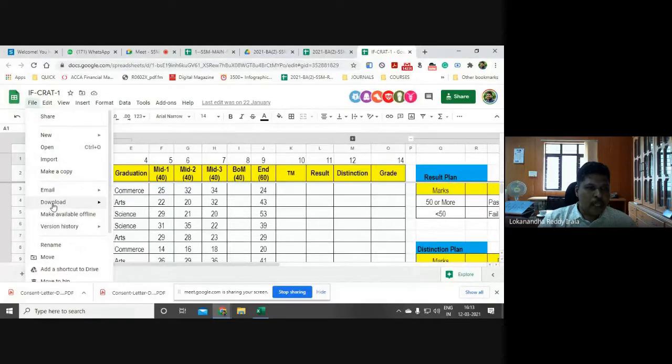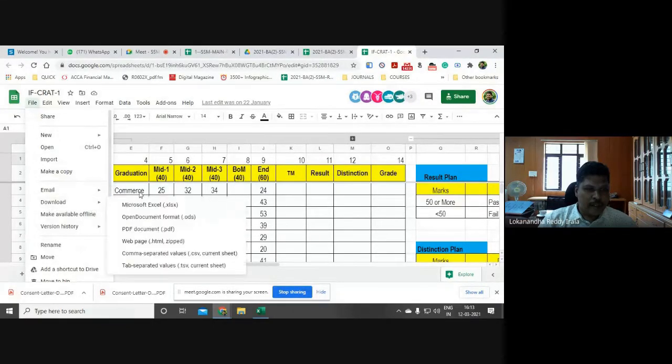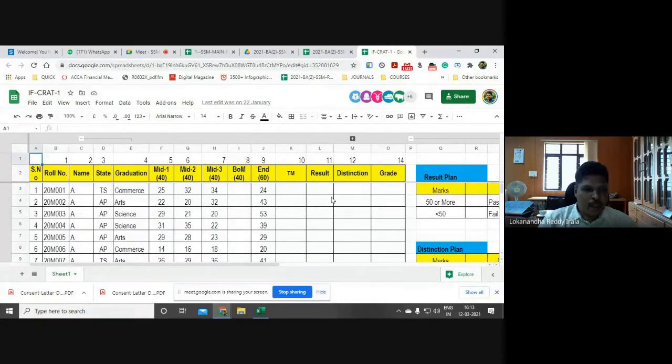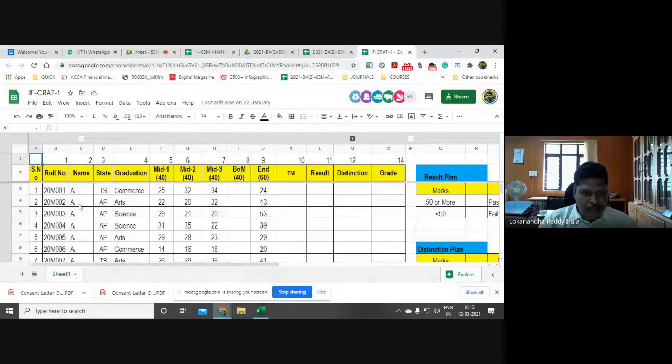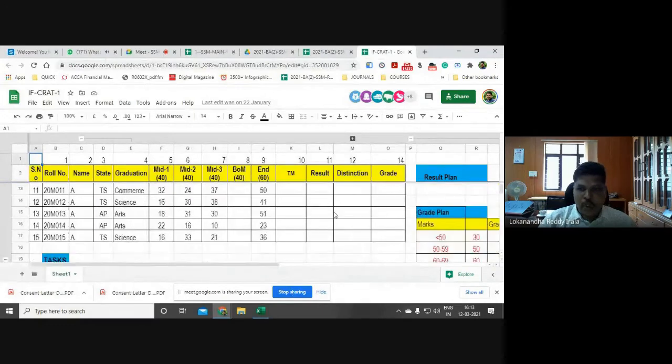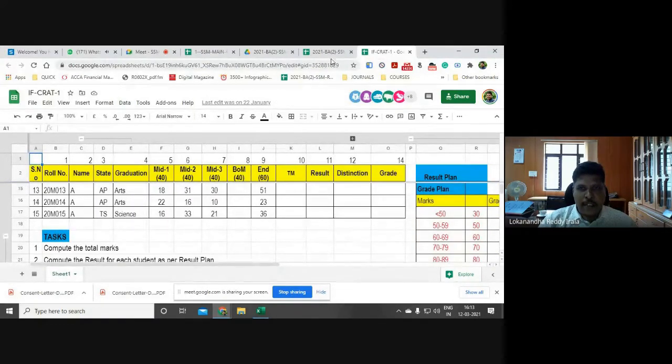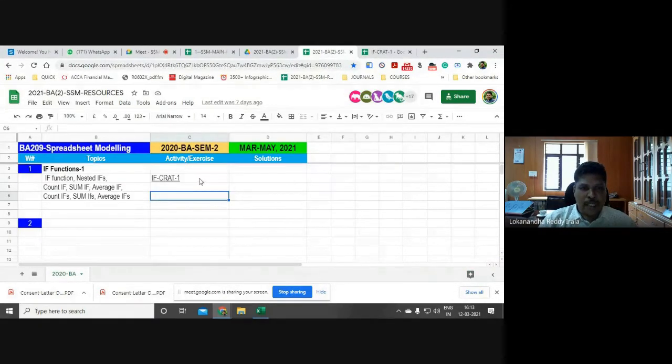And then you can download it as an Excel file. Right? You can download this as an Excel file. So the idea is when I start doing this, occasionally you can do that along with me. Or after I have done with this exercise, I'll be leaving the solution here. For example, after this exercise is done, the solution will appear here.